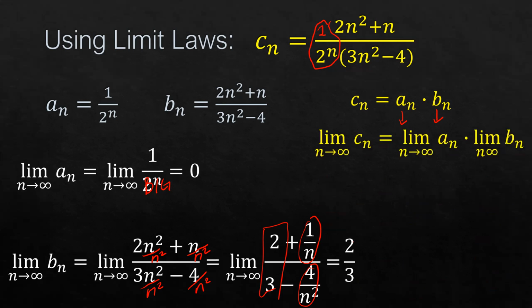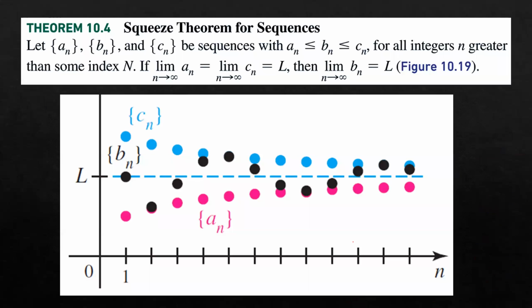So the limit as n goes to infinity of Cn, since C is made up of two sequences, An and Bn, then the limit would be the product of those two limits, which would be 0 times 2/3, and that is 0. So just as usual, limit laws for functions will apply here for sequences as well,